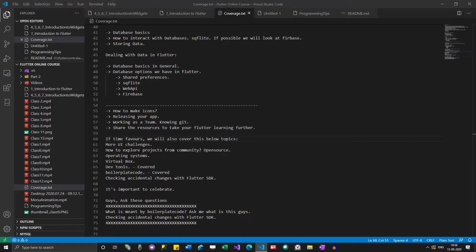So I'm going to show you some documentation which is available on the Flutter website. I'm not going to go through all the steps, but I will show you where you can find them, and when you are really satisfied with your product, you can go through it and get it released.